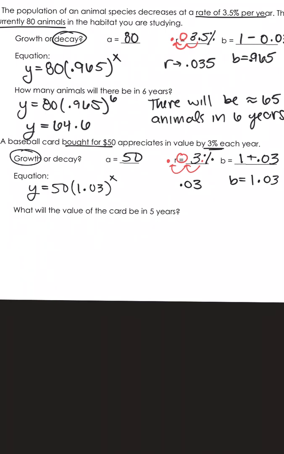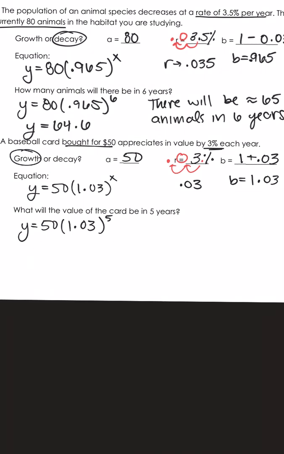Now they're asking, follow-up question, what will the value of the card be in 5 years? So that tells me my x value is 5. So I've got 50 times 1.03 to the 5th power. And when I plug all of that into my calculator,